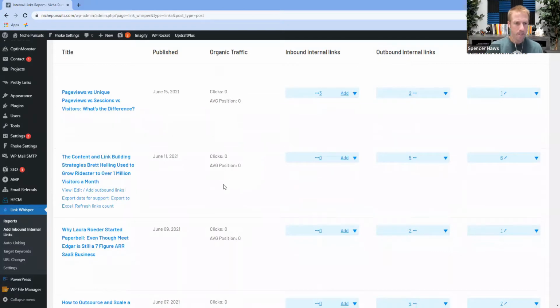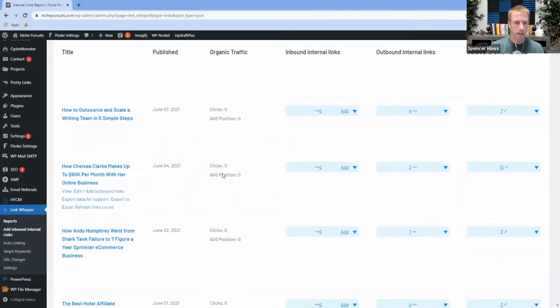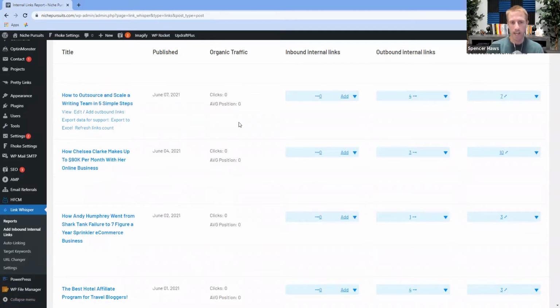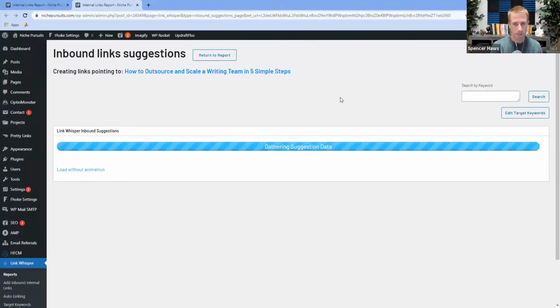So let's go to just an article here. How to outsource and scale a writing team in 5 simple steps. This does not have any inbound internal links, so that's not good, right? I would like some link juice pointing to it from my other articles. So Link Whisper will go out and it'll crawl my site and it'll find any relevant internal link